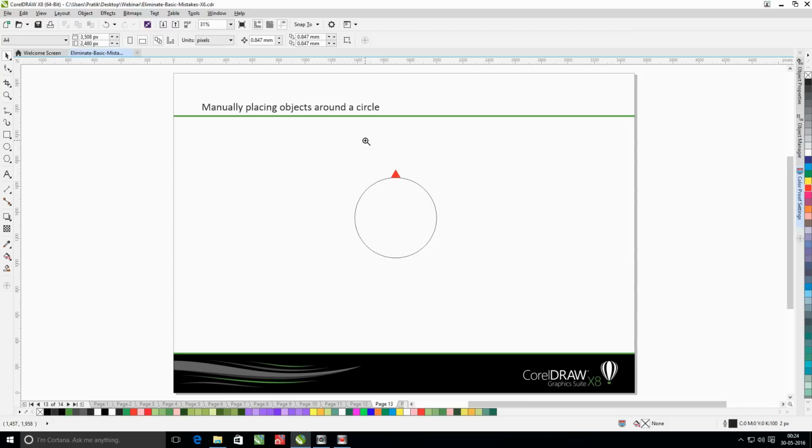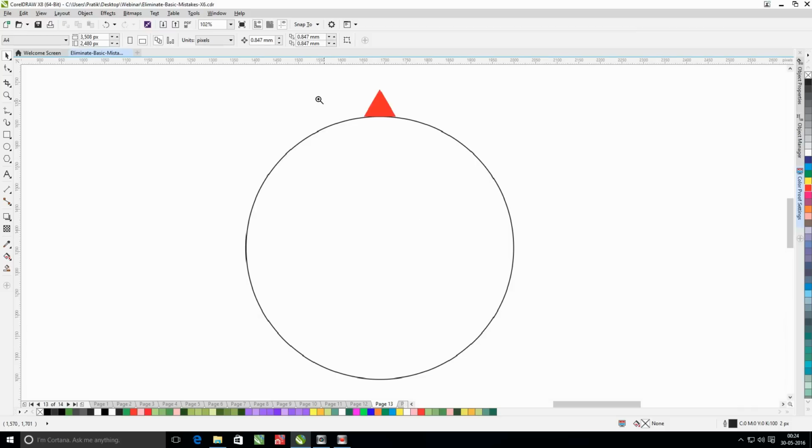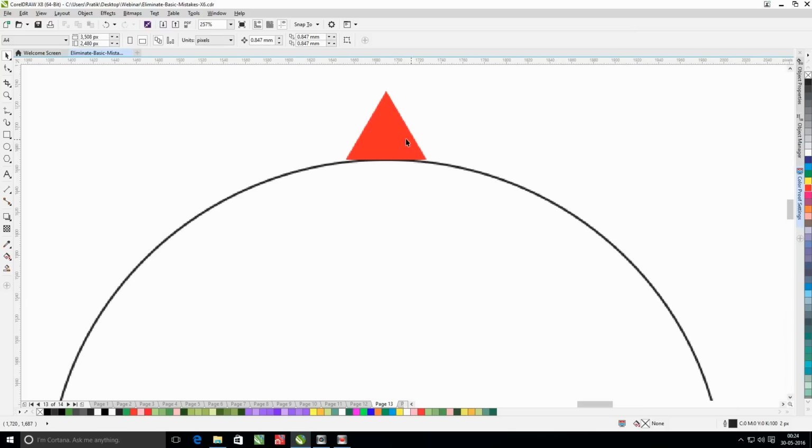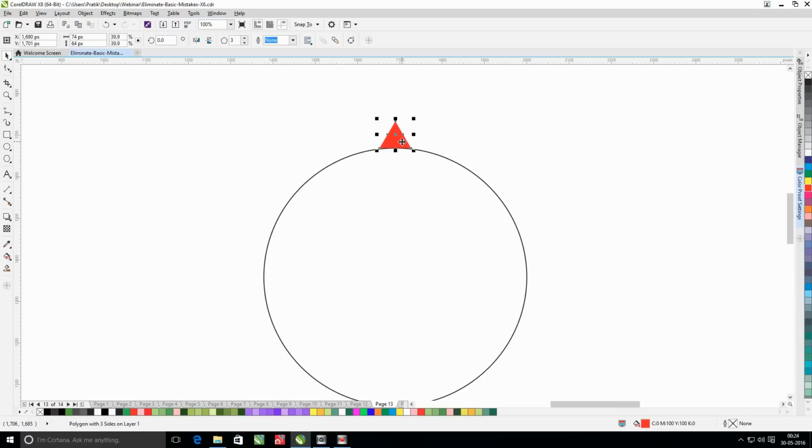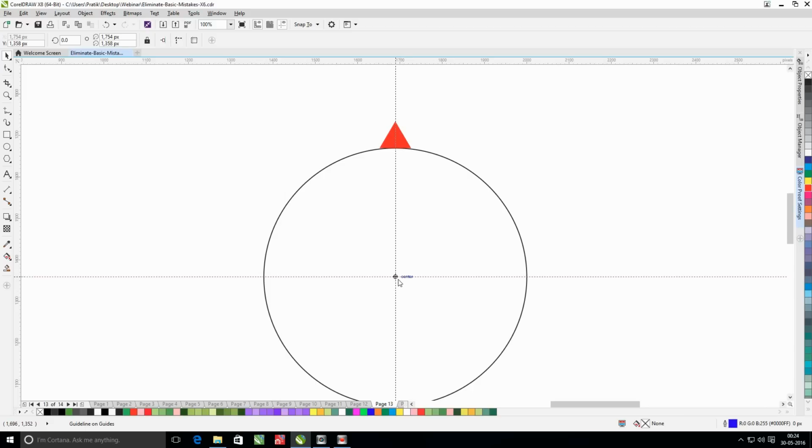So the better way to achieve such result is, for the reference, let's say you can add a guideline to the center of the circle, which is the source of this center of rotation.